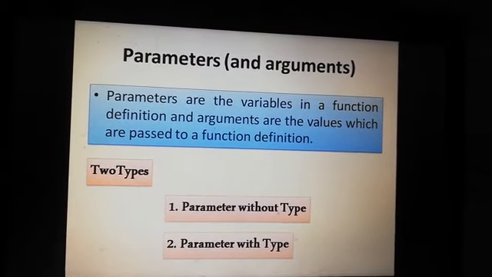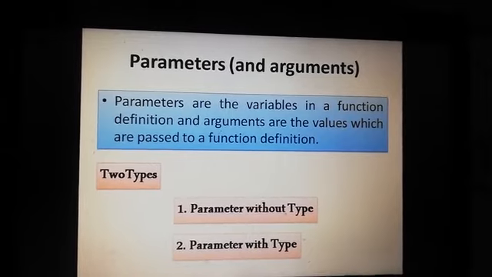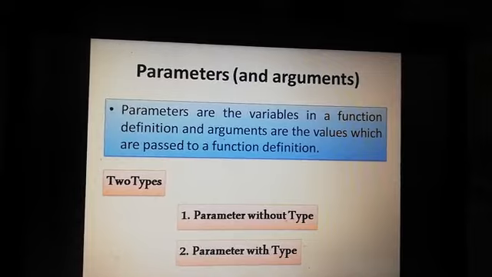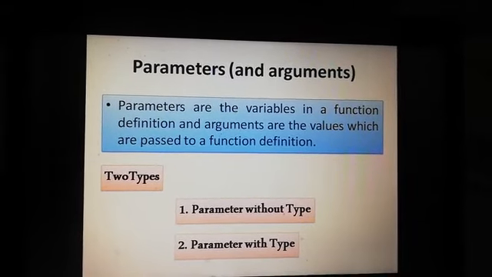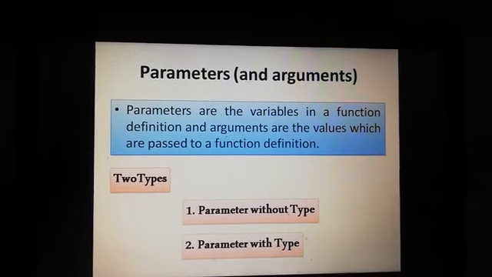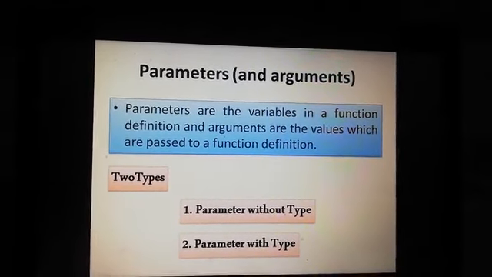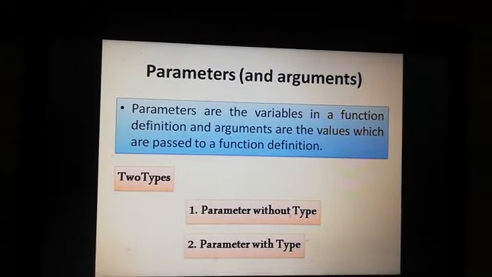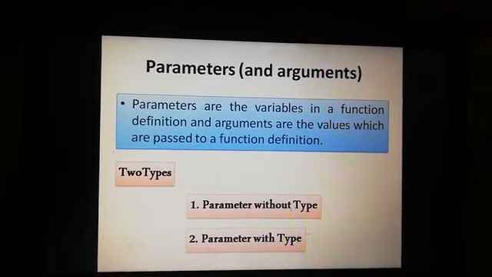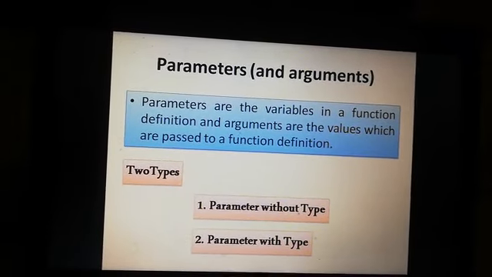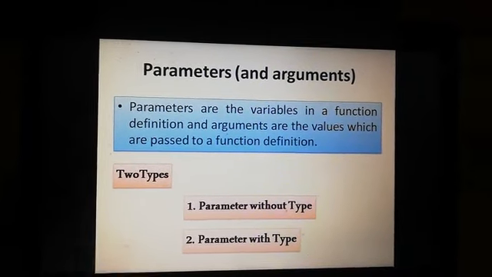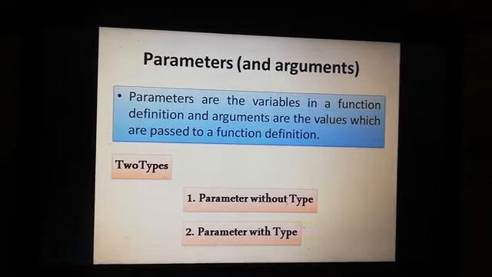Inside of the functions, programming languages normally use variables for the purpose of storing some values. When we use the function concept inside a programming language, instead of variables inside the functions, we use things called arguments or parameters. Outside the function they are called variables, inside the functions they are called parameters. Parameters are also called arguments.